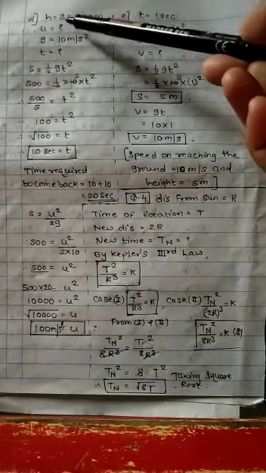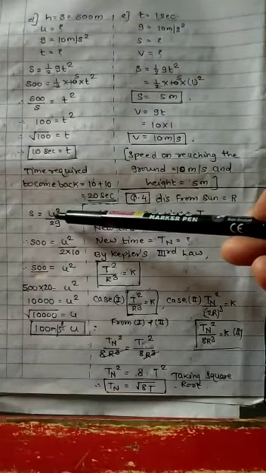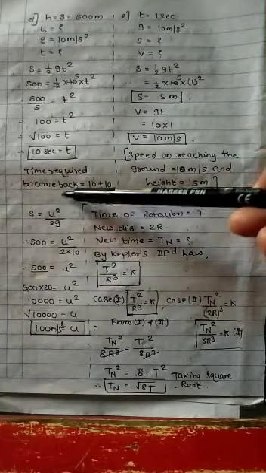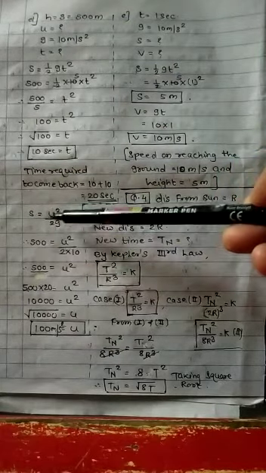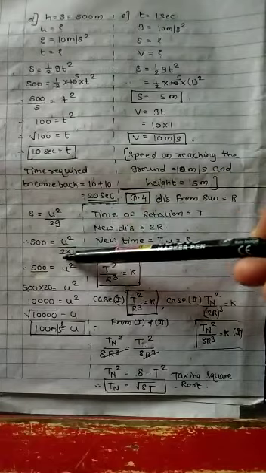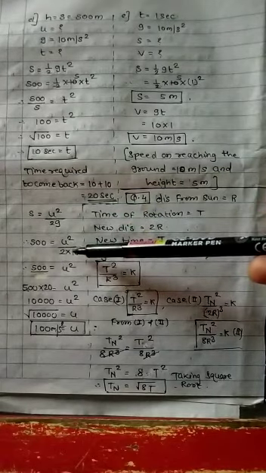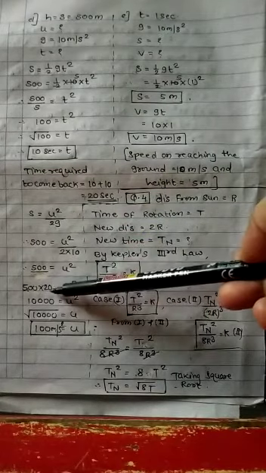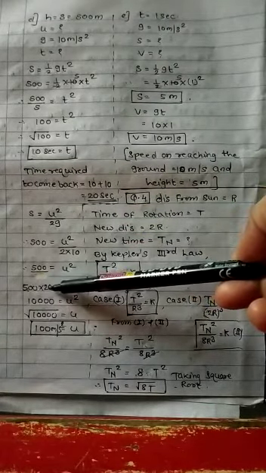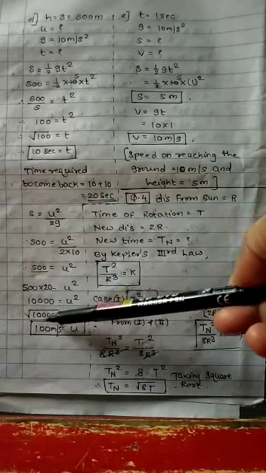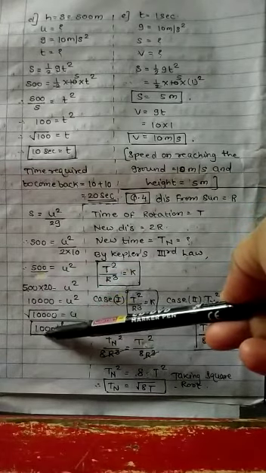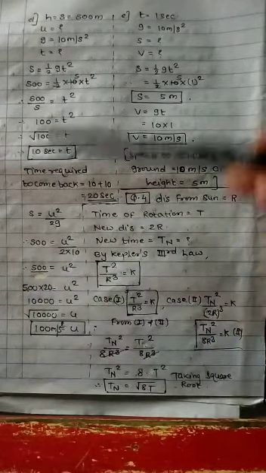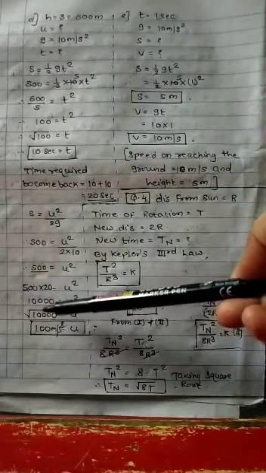Then again here you have to find out u. So for u, you use the next formula, that is s is equal to u square by 2g. S is 500. U square you have to find out, 2 as it is, g is 10. 10 2s are 20. So it is divided here, then it gets multiplied. 500 into 20, that is 10,000. Then again you have to take the square root of 10,000, that is 100. 100 meter per second, that is your initial velocity. So this is your D question from the textbook.